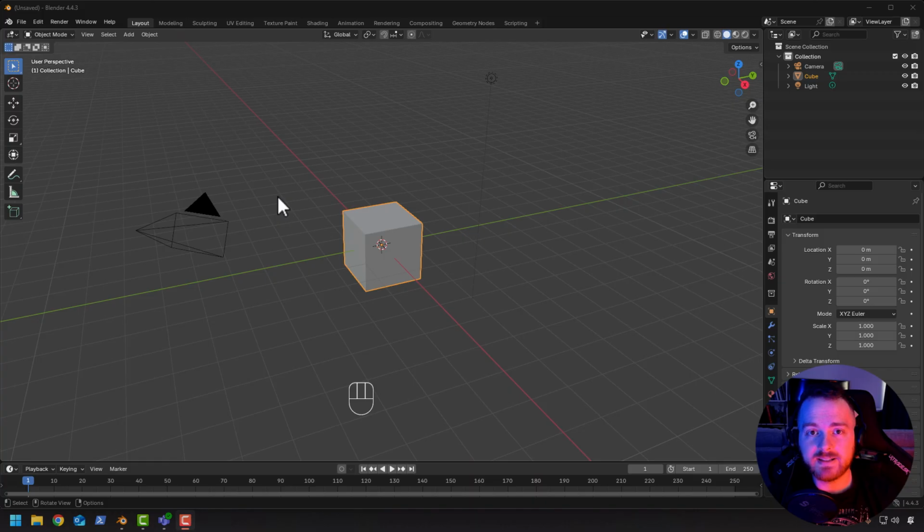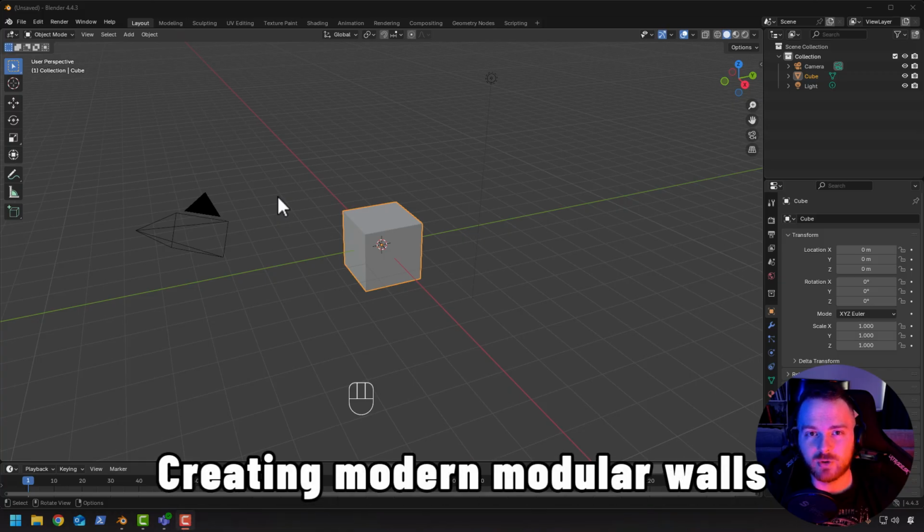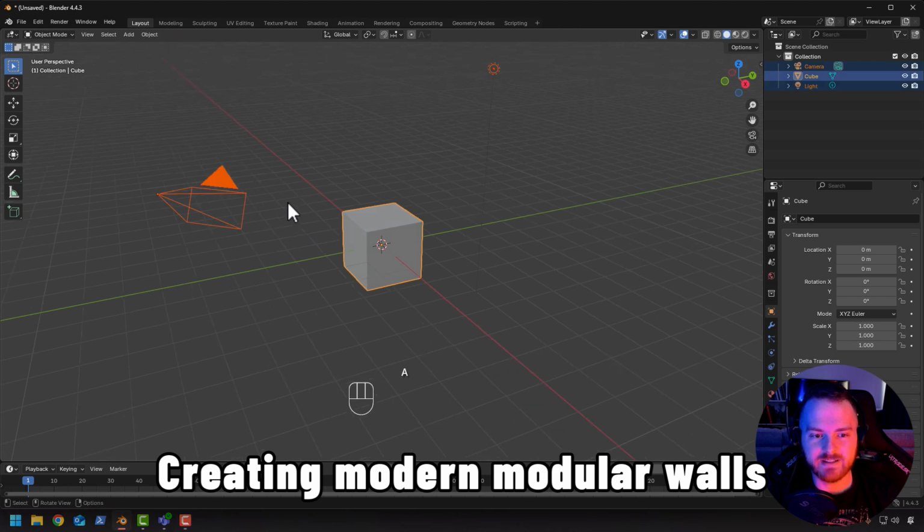I think we went through everything that you need to start creating amazing models. Let's now put all of that knowledge into practice by creating some simple models. And in the next tutorial, we'll learn how to texture them. Let's start by creating some modular walls. So I'm deleting everything,